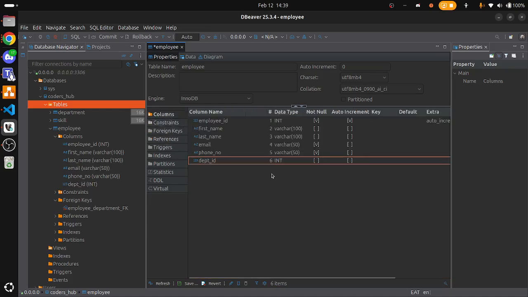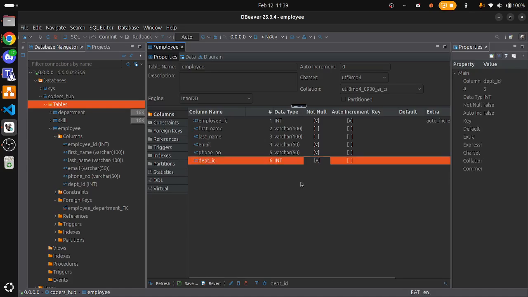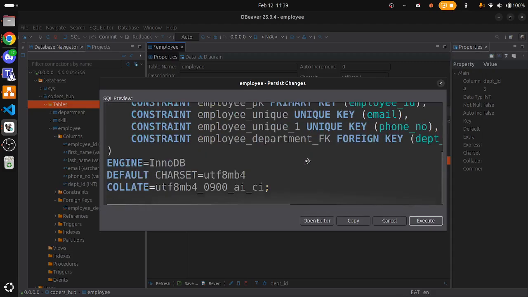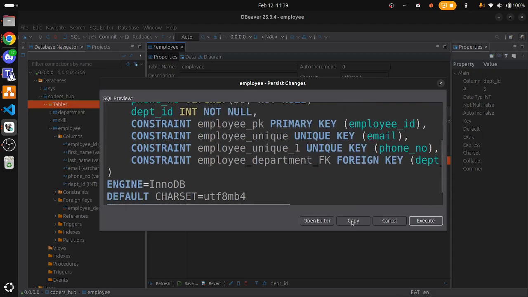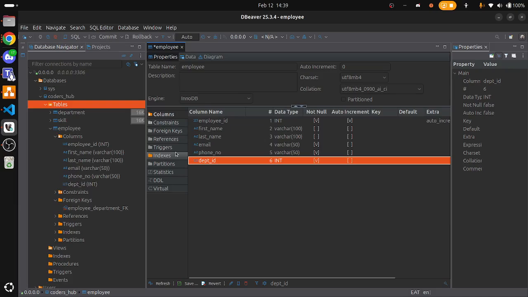So that's it for the employee table. We have created this, so I need to give it not null. Also remember, this shouldn't be null because an employee should belong to a department. So let's make it not null also. And I save. If you copy this, remember I'd said if you're going to use the